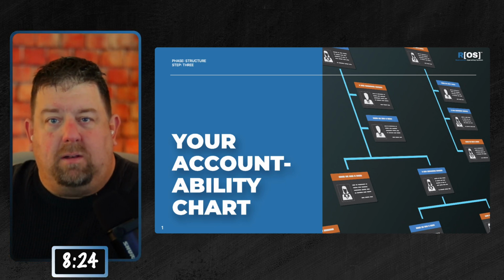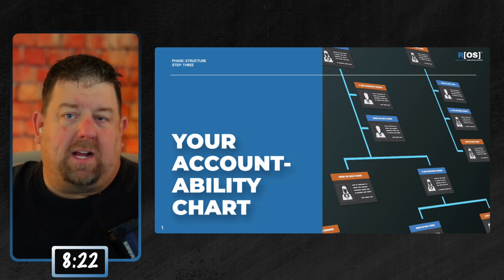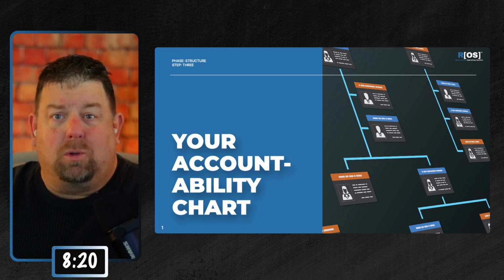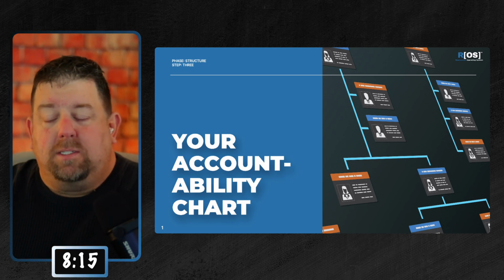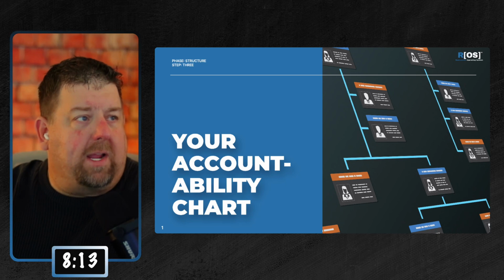Why? What do you need? Is there a capacity issue? Is there a time management issue? Is there a tool or something? Or do you just need to readdress and refocus and recalibrate? So that's what we're going to go through. So in your accountability chart,